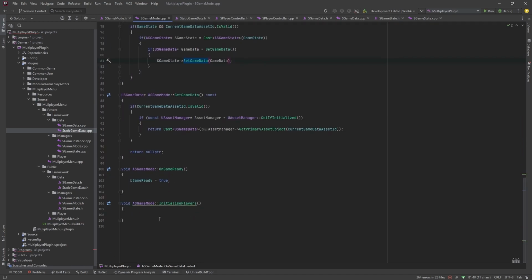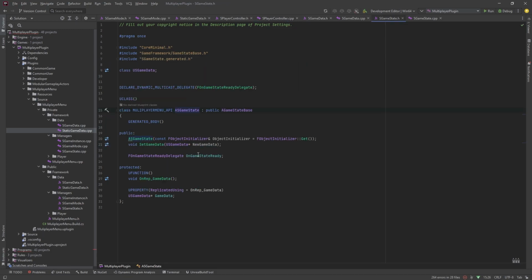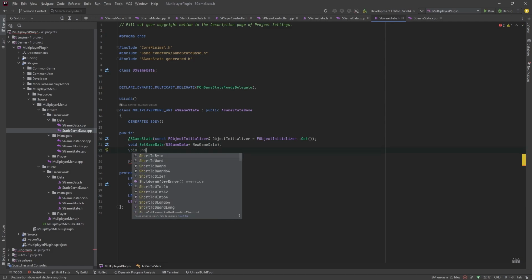And now we can go back to where we're up to with this player initialization. So we're going to go back to our player controller, and here at the game state, we want the game state to be able to tell us whether we're showing the menu or not. So we're going to need a function on the game state to say, hey, are we showing the menu? Now that we have the game data here, this has whether we should show the menu or not. So if we just create a function, ShouldShowMenu,